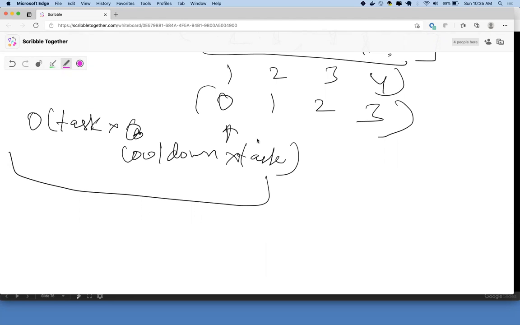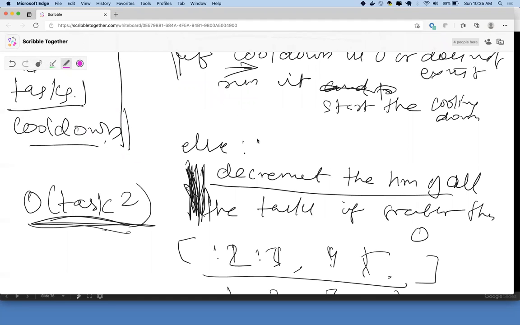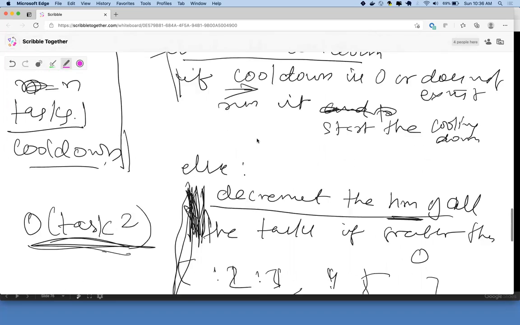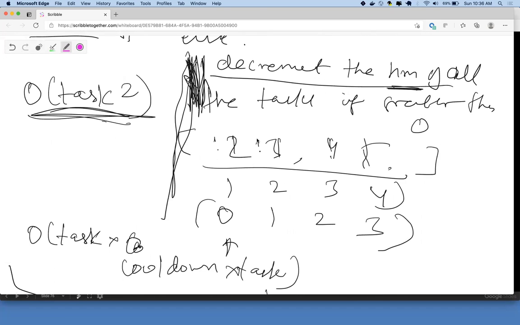So basically, what you're doing is, okay, fine. This one, right? Decrement the hash map of all, right? So how will you optimize this one? I mean, you're going correctly. Fine. You created a hash map. You created the counter. What if you keep a counter of how much time has passed, right? Because every single time you add a task.